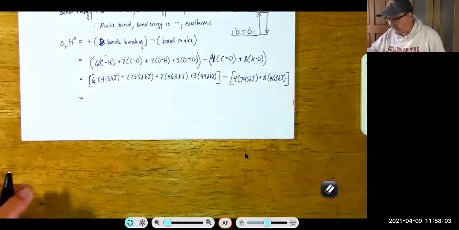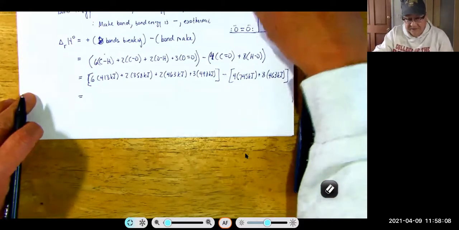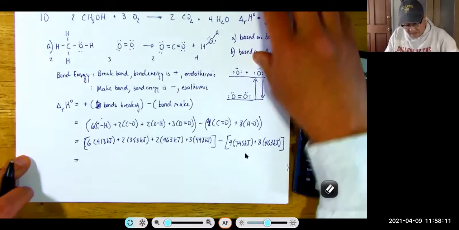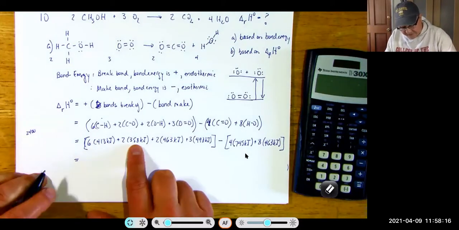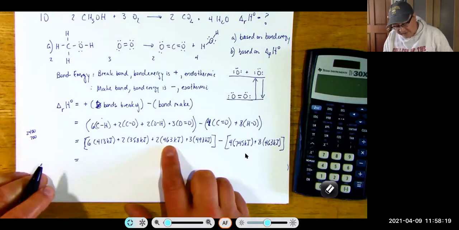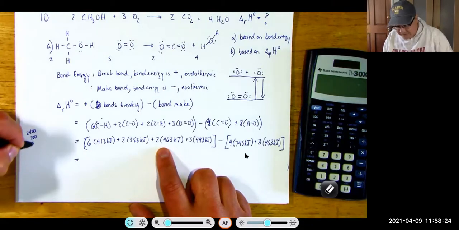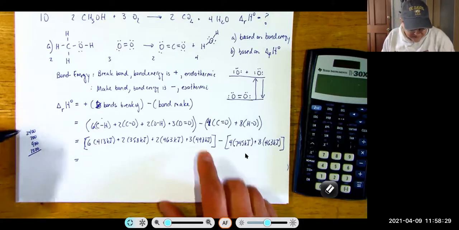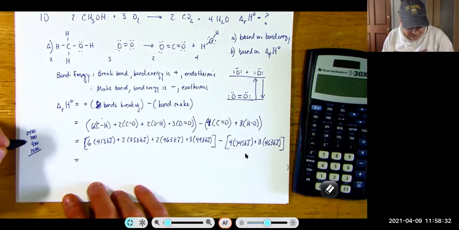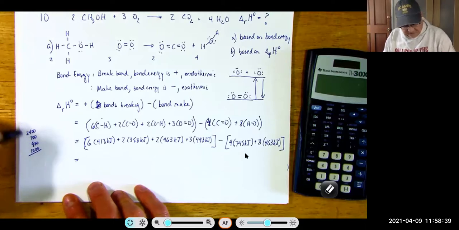So now we just use our calculator. And if we wanted to estimate the answer, we would say something around 6 times that is 2,400. 2 times that is 700. 4 times that is going to be roughly 900. And 3 times that is going to be roughly 1,500. So we add it all up together and we get 24 plus 15 is 39. 39 plus 8 is 48, and 48 plus 7. So this is 55,